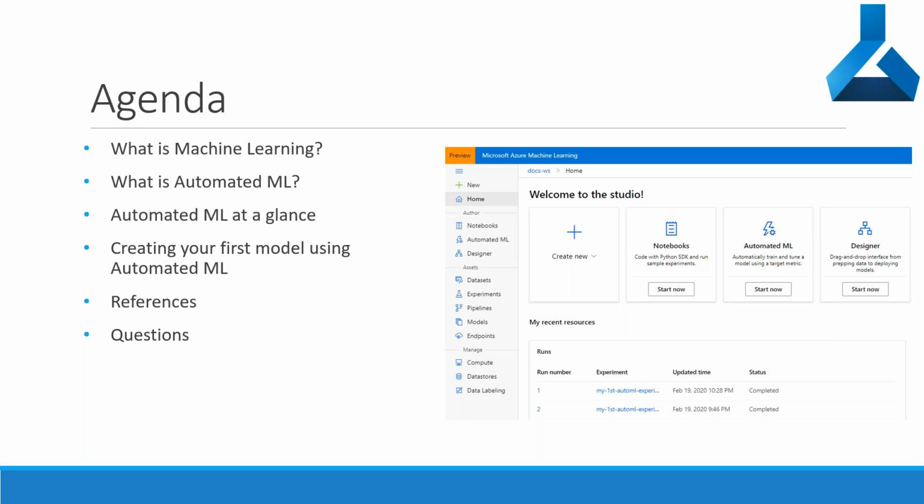We'll also look at a quick demo on how to create your first model using automated machine learning on Azure. Finally, I have some reference links that you can take back once you finish this session, to get more information about automated machine learning. And if there are any questions, I'll take them towards the end and respond with some answers.